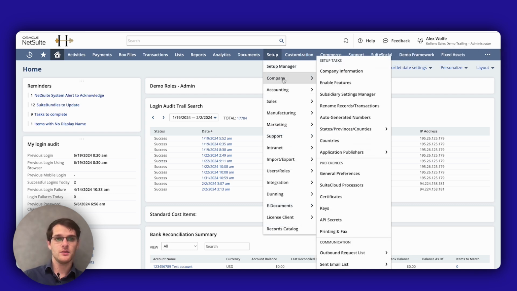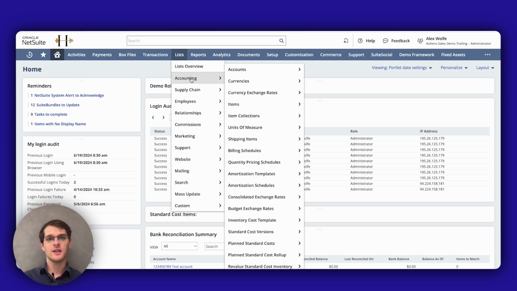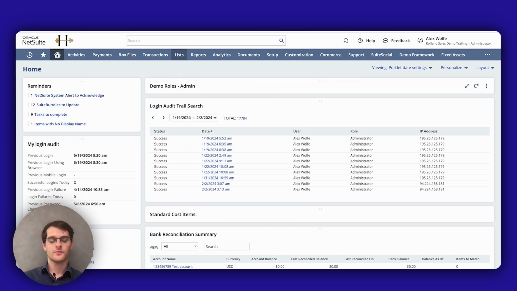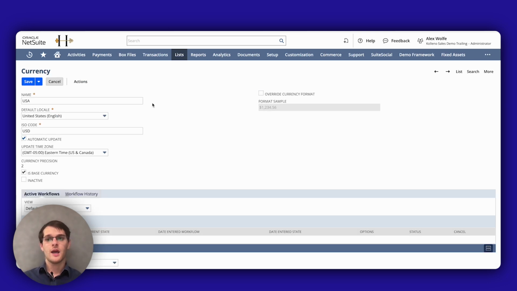Setup, Company, and then in Setup Task you will see company information. On the contrary, if you have multiple currencies enabled, you would go into List, Accounting, and Currencies. You click the name of the currency you want to edit, for example this USD one, and then you will